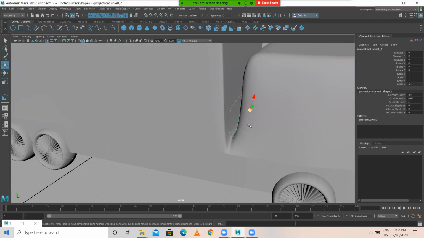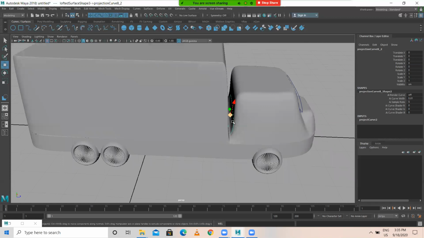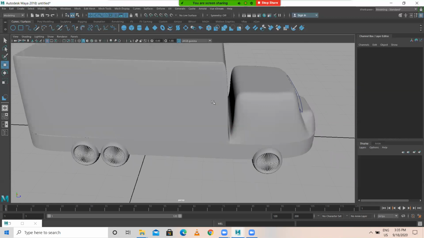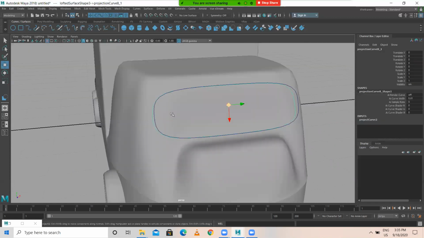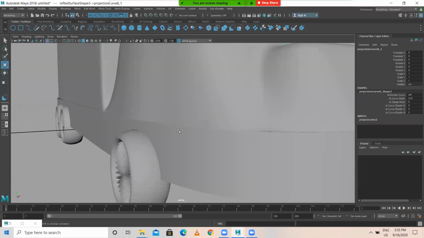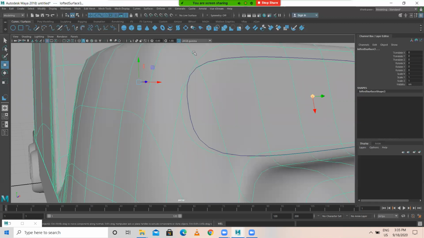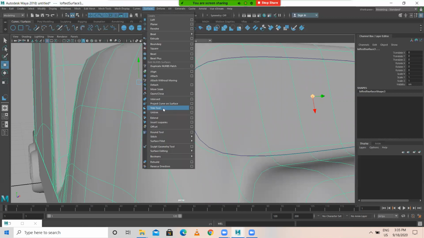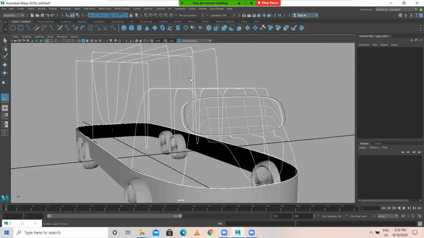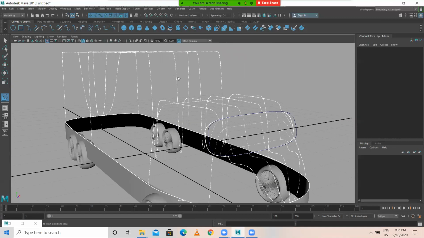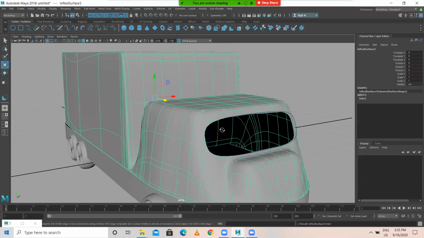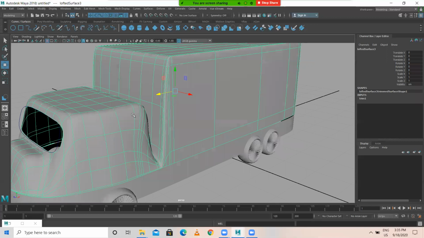Select this particular curve which has been projected. I'm deleting that. I want only one curve to be projected here. Now select the curve which has been projected on the surface. This is the second step. Select the curve, shift select the object, go to surface, trim tool. Now I want all the area except this particular part. Click anywhere and enter. This has been trimmed. Got it? Yes, sir.